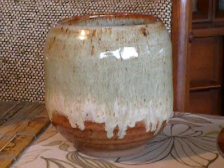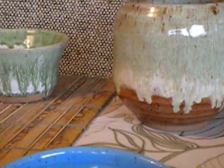And then I played around with another one of my husband's pots, and I dipped the whole thing in Colonial White, and then dipped the rim in Fern Mist. Look at that dripping. I maybe dipped it 3/4 of an inch into Fern Mist, and it just